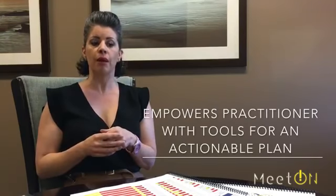Take that report of findings and then give a recommendation, a treatment protocol, if you will, for the patient. And also give you the ability to have touch points with your patient in the future as it relates to the GeneSNP results. Are people, when they come back, are they better, worse, the same? Are there different things that we need to tweak? Do we need to take something else into consideration beyond the nutrigenomic analysis? Do we now need to have a different conversation with our patients about the importance of sleep, the importance of